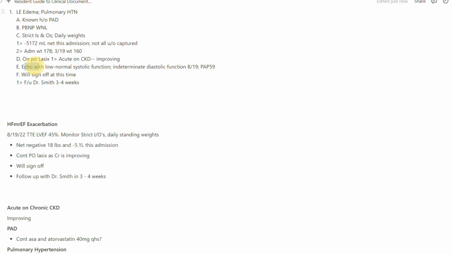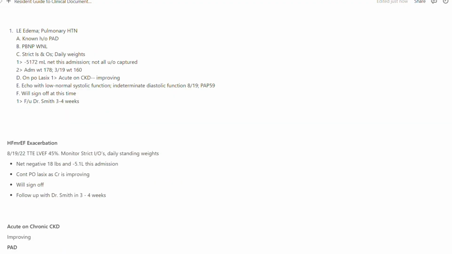Echo with low normal systolic function, indeterminate diastolic dysfunction. So we don't have an EF here. I just made one up here. They said low normal, so maybe it's mildly reduced. So I'm going to call it EF of 45%. And I just put the echo date here. She has 8/19, so I just put 8/19 as the echo date here. The pulmonary artery pressure I just moved. So I moved the pulmonary